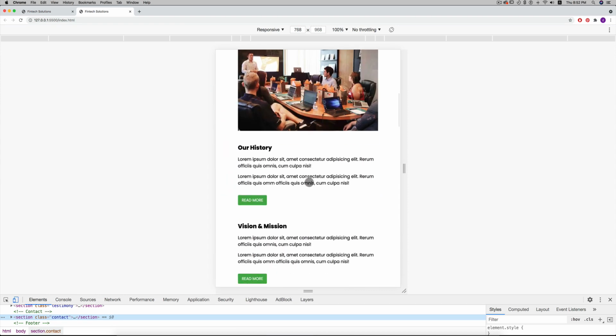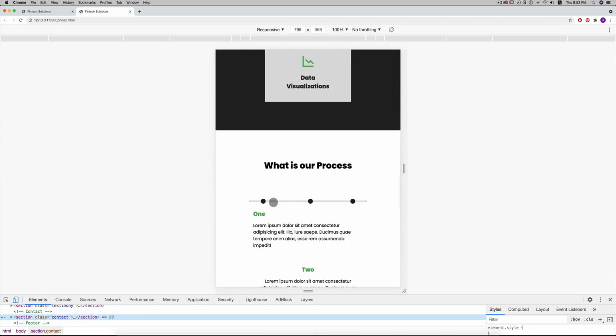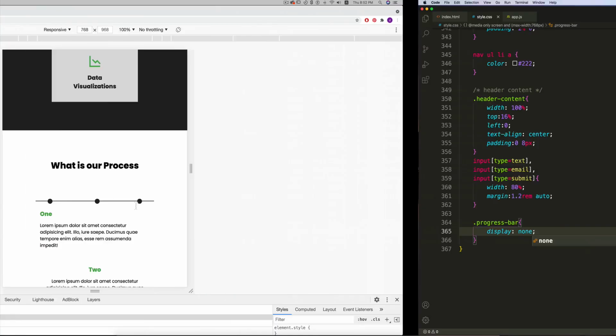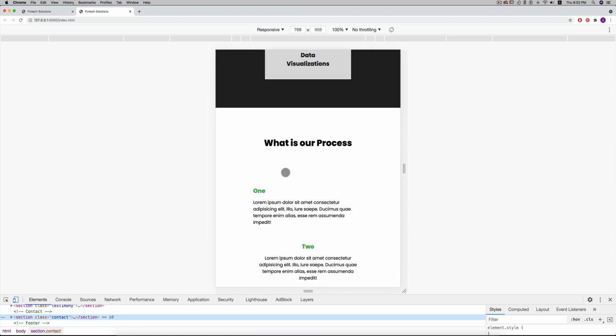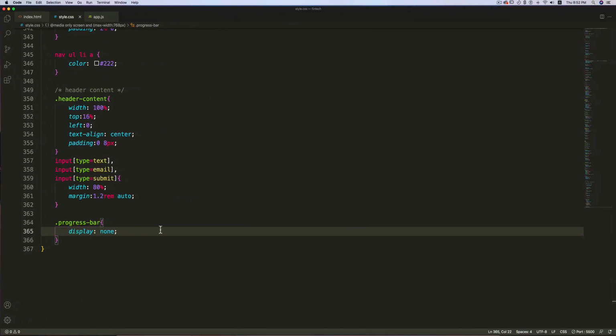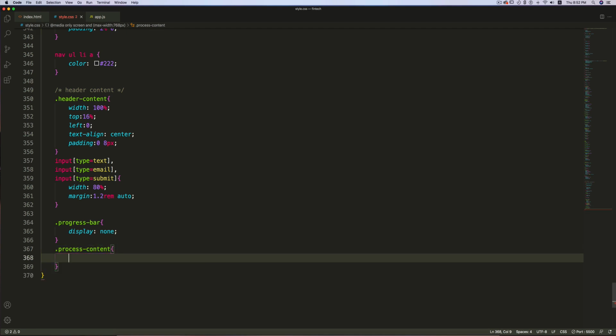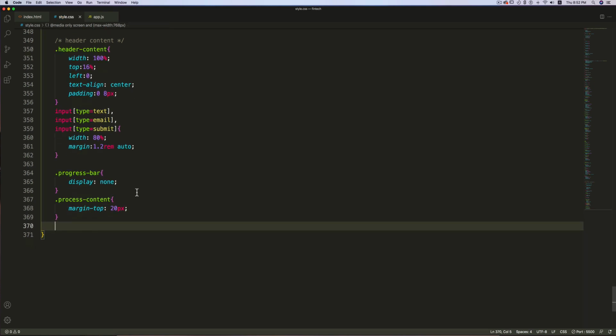And then I'm going to remove this bar, this process bar. For that I'll write progress bar display none. So let's see. So the bar is gone, and I will give a margin top to a process content, 20 pixel, and then I'm going to change the alignment of the text inside the boxes.